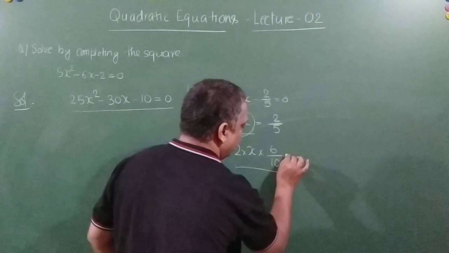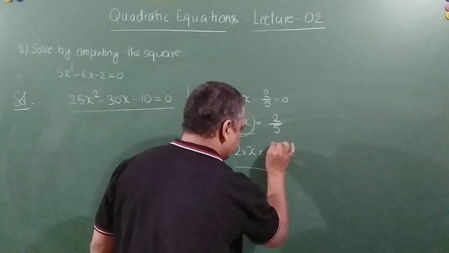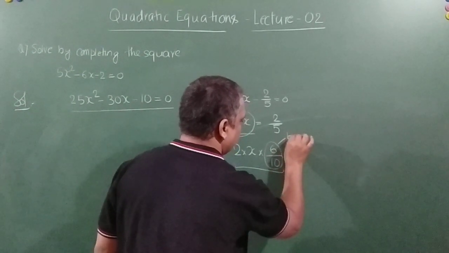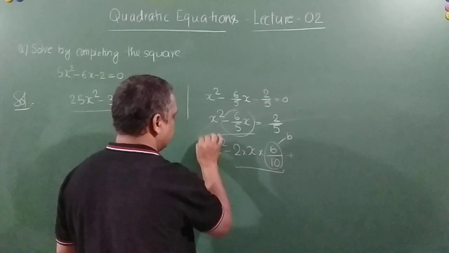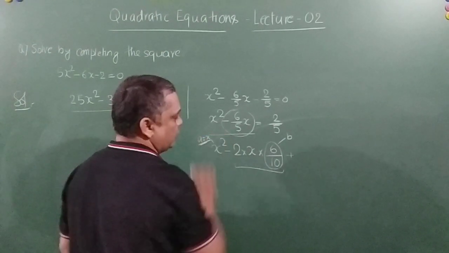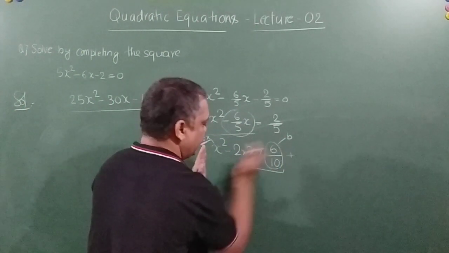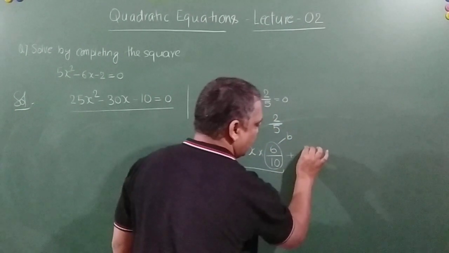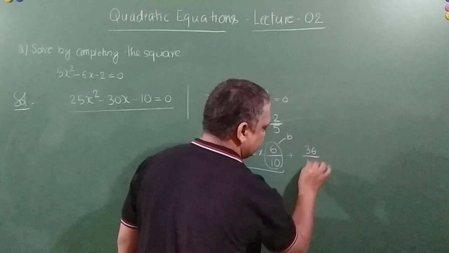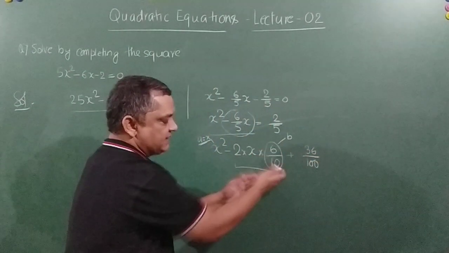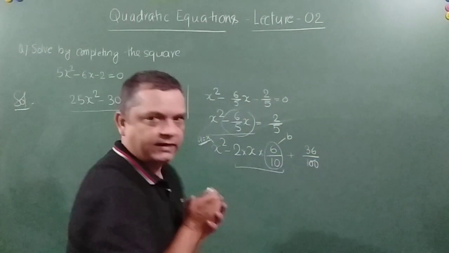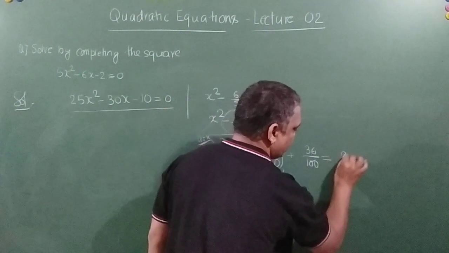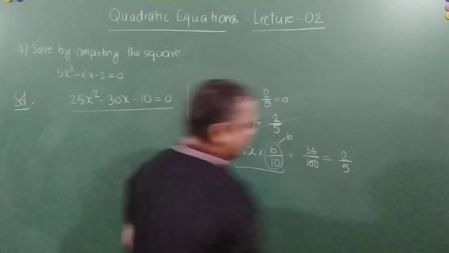So what I have done? This is my b now, whatever I have written here. This is my b now, and a is nothing but x. You all are getting it? So we got a, we got b. A square minus 2ab plus b square. Plus b square is nothing but how much? 36 by 100. Right friends? B is 6 by 10, so b square is equal to 36 by 100. Correct. So is equal to how much it was earlier? 2 by 5. Correct? This was there.